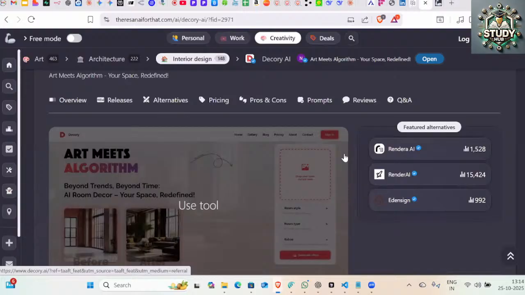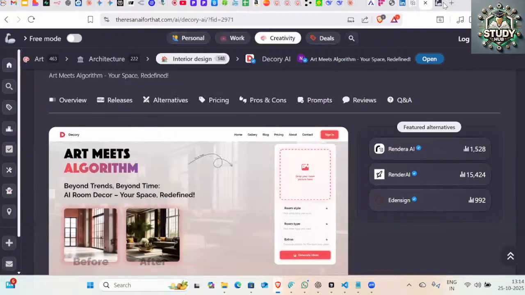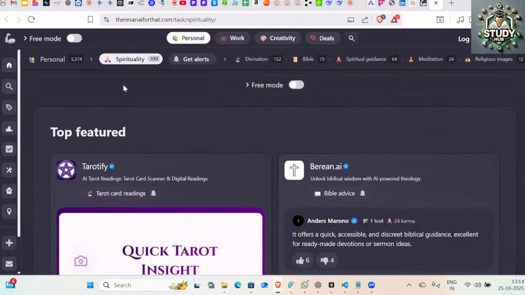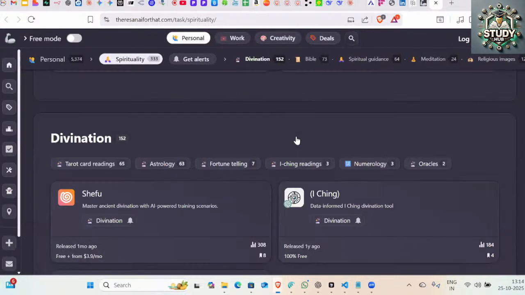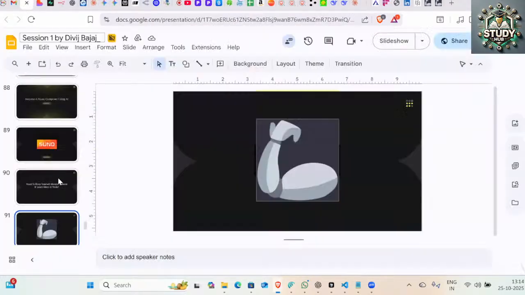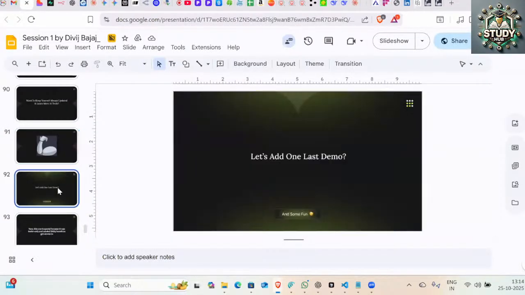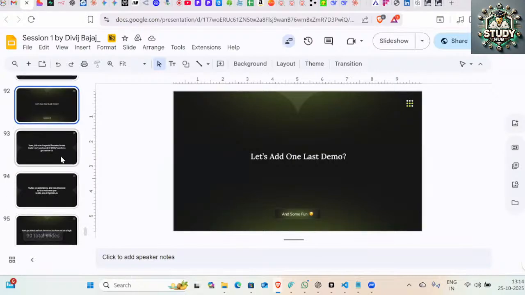If you are doing market research to find what gap is left, this is the best site to do that. I generally find the niches, what is left, where the opportunity is lying, and you can try that out. So, yes, let's add the one last demo which I told you about.